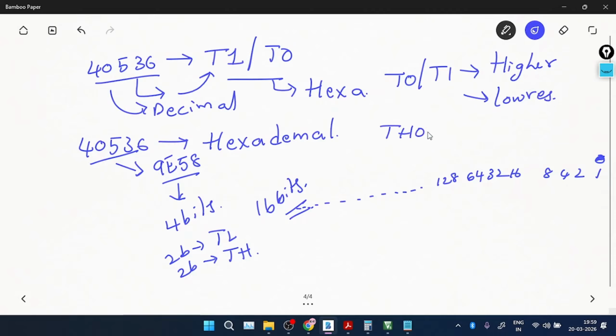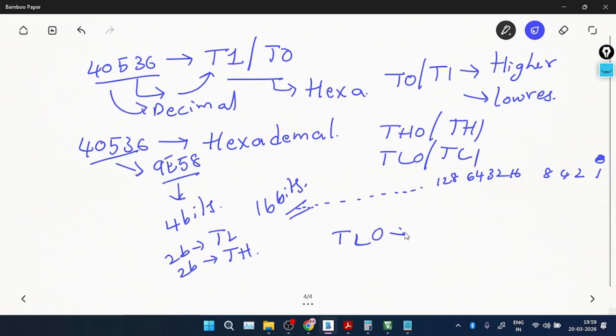These are TH0 or TH1 and TL0 or TL1. Since she's asking us to use only timer 0,